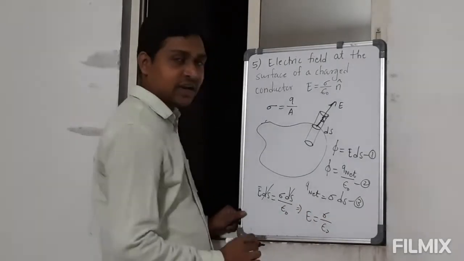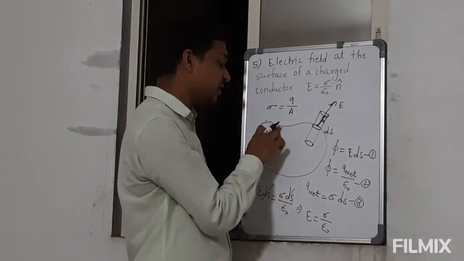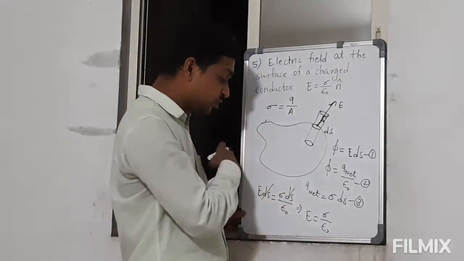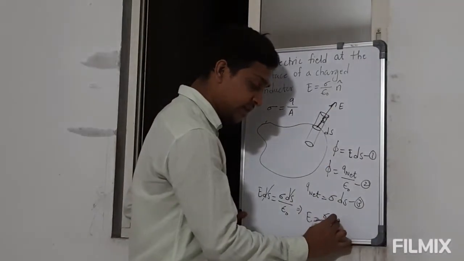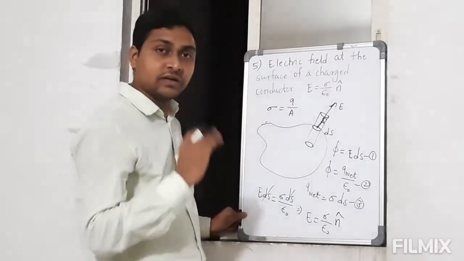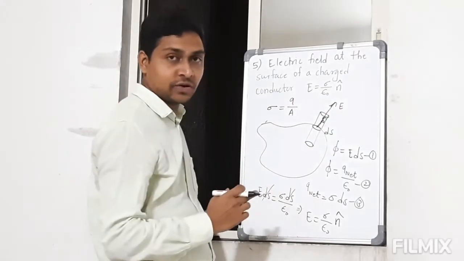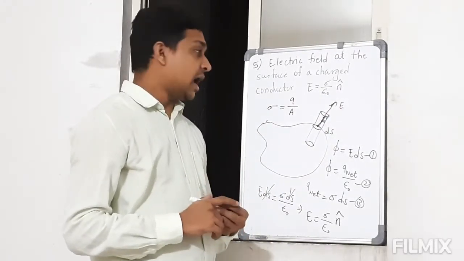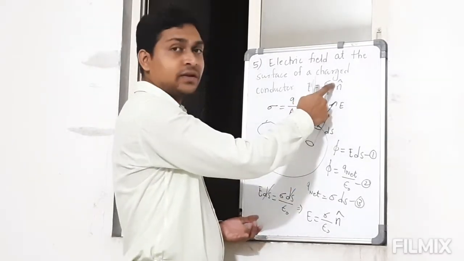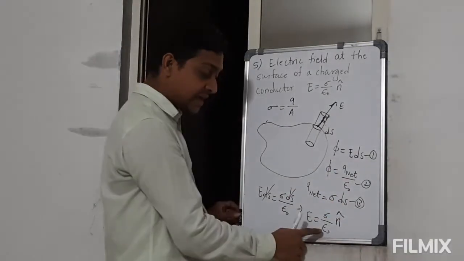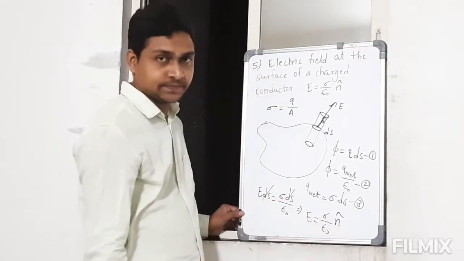Okay, now electric field is always normal to the surface at every point. If you want the electric field at this point, it is normal outward, here it is normal outward. So that normal outward direction is given by a vector, and that vector we can call n cap. n cap is a unit vector, normal outside. So easily we can prove this property, E is equal to sigma upon epsilon naught. In the exam, they may ask, show that the electrostatic field of a conductor is directly proportional to sigma. For that also you have to follow this procedure. As epsilon naught is constant, we can easily say that E is proportional to sigma.